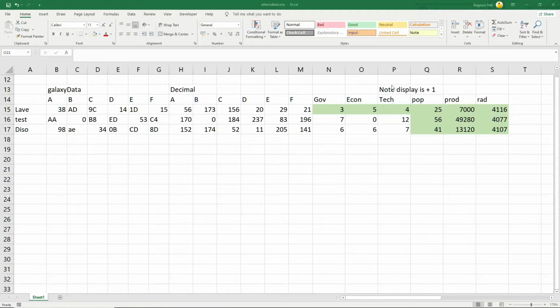Hi all, I'm going to look at how Elite does the calculation of the planetary data. I'm not going to include description as yet because I've got that as another piece of work to refine my calculations. So I'm going to look at how it takes a seed for a planet, does the calculation, and results in the government and economy values. So the initial seed for Lave is 38 AD 9C 14 1D 15, which